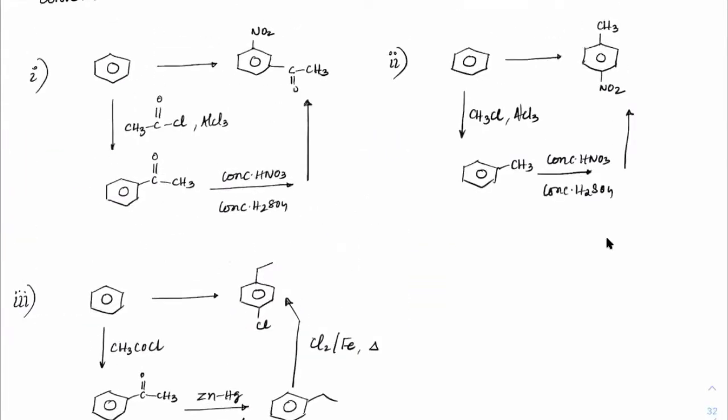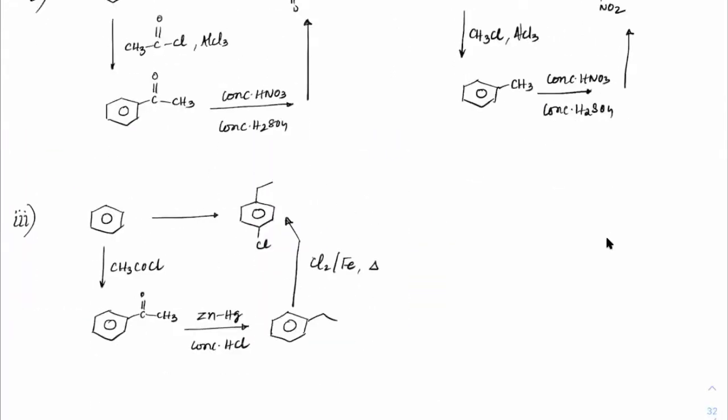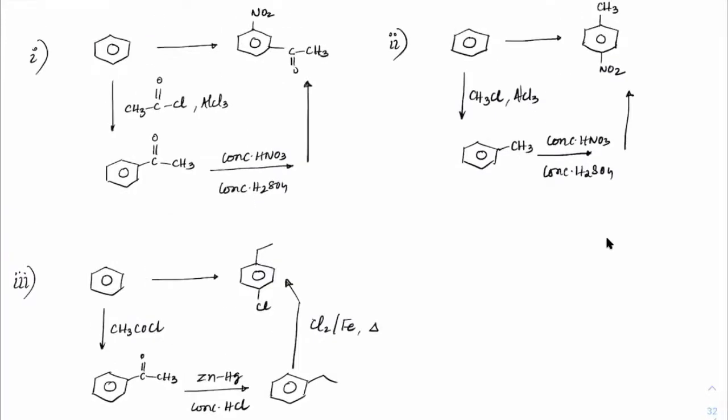Everyone understood this point? Please keep writing the conversions. Sir, in the first case. So what's wrong with the other way? NO2 is strongly withdrawing now, beta. So it will be less activated. It is anyway deactivated, strongly deactivated. So the reaction rate would be even slower. That's not a very controlled reaction, beta. It's very difficult to identify exactly one equivalent.